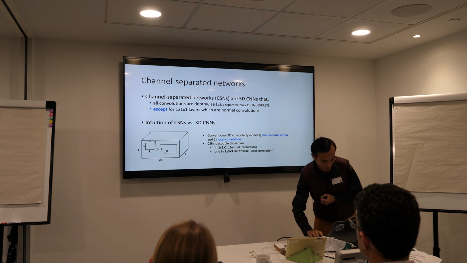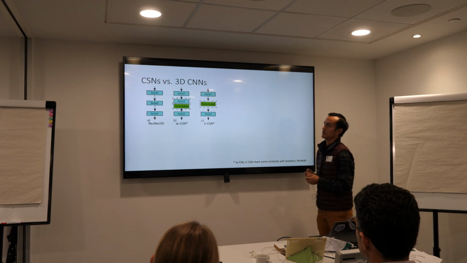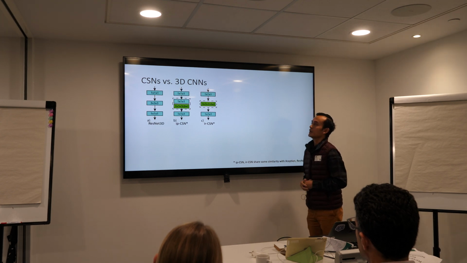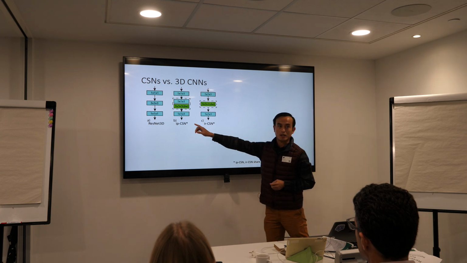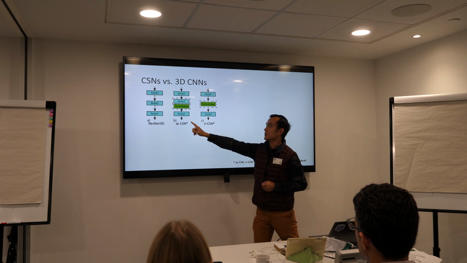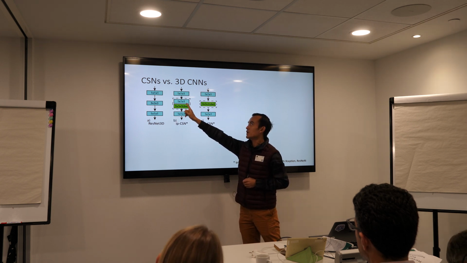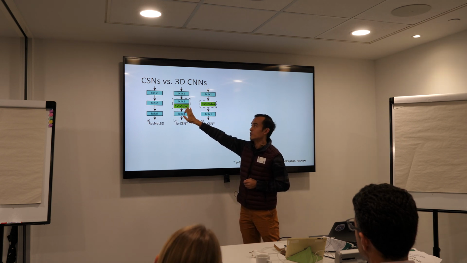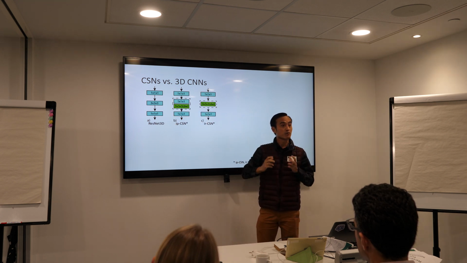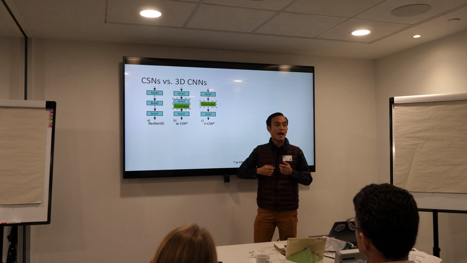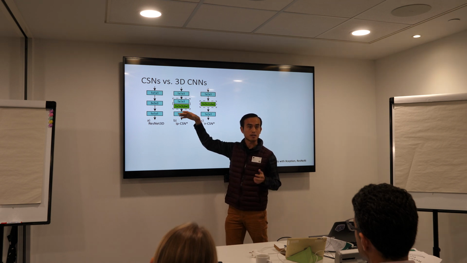But let's look into the ablation. Here we compare between the 2D CNN and the 3D CNN. On the left-hand side, we look at the baseline of the ResNet 3D, which is a bottleneck block. And if we try the concept, we factorize the 3D convolution into one by one, followed by 3 by 3 by 3 depth-wise convolution here. So from here to here, the flops are significantly reduced because of the depth-wise convolution. At the same time, all of the channel interactions here are preserved. That means the same number of channel